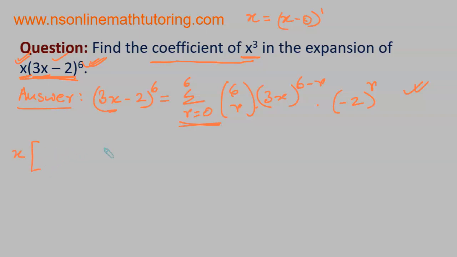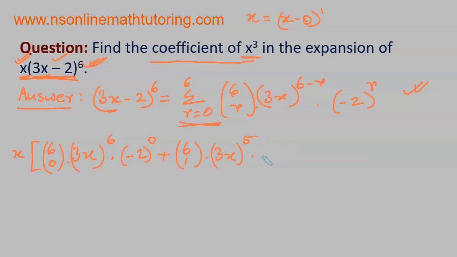X will be getting multiplied with each of these 7 terms. So the first one is 6c0 because r is equal to 0. Then 3x raised to the power of 6 minus 0, that is 6, times negative 2 raised to the power of 0 because r is 0, plus second term 6c1, 3x to the power of 6 minus 1, that is 5,